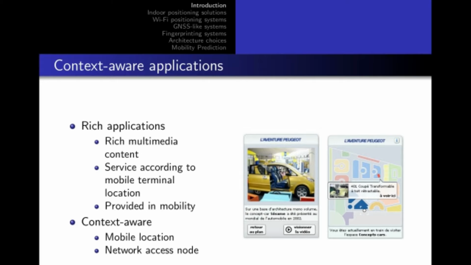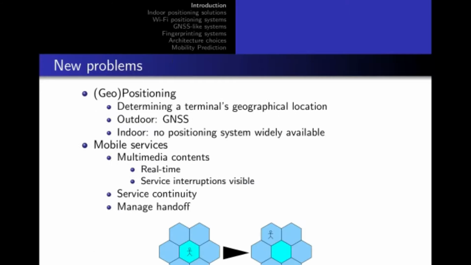With all those properties, we can provide rich applications with multimedia content to the mobile devices. These services are provided according to a mobile terminal location and in mobility. Thus, there are context-aware applications which are provided on the mobile location through the network access node. These kinds of applications